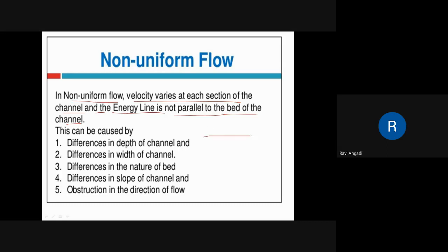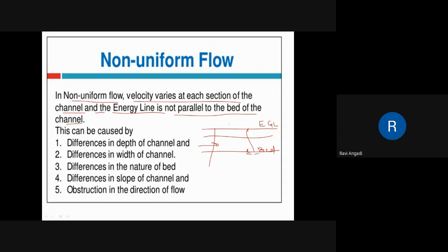If you take a uniform flow and plot the energy line, that is the energy gradient line, it is parallel to the bed of the channel. So this is the bed of the channel, and the energy gradient line is parallel to it for uniform flow. Whereas for non-uniform flow, the energy line is not parallel to the bed of the channel,